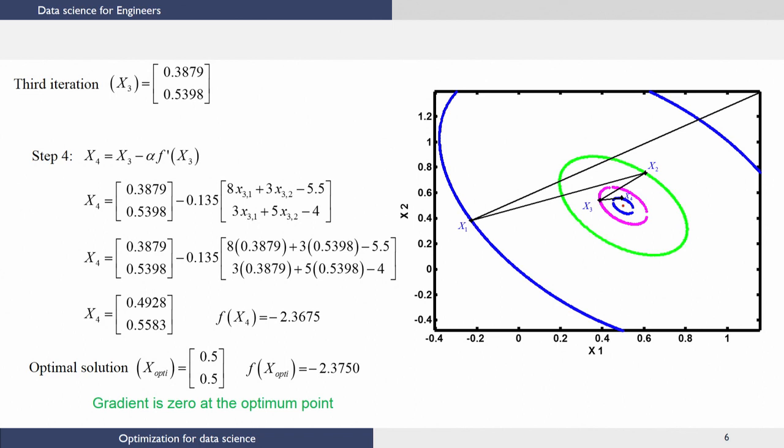The third iteration maybe gives us this x 3, and then the next iteration gives you an x 4 value, which is this, and you can notice that the objective function value has come down. Also notice a couple of other interesting things that we see as we go along through this optimization procedure. If you noticed, the first value was very high for f of x, and after the first iteration the objective function value came down quite a bit, and then we gradually keep improving the objective function value,